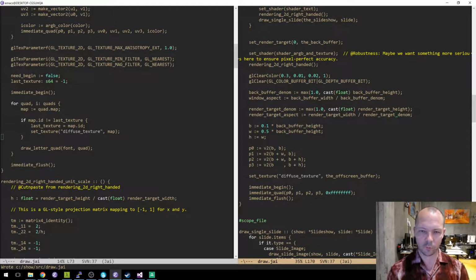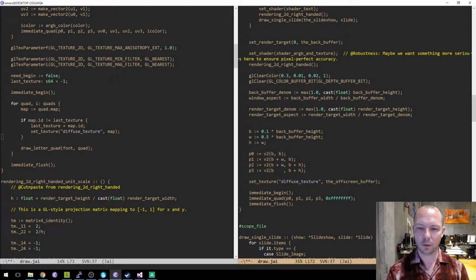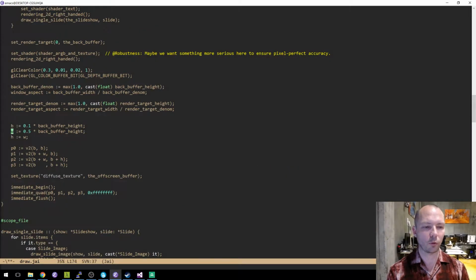Now we say, okay, we need two border numbers here, first of all. We need a border in the X and a border in the Y, right? So these are all BX, these are all BY. Okay, so we have BX, BY, W, H are floats.